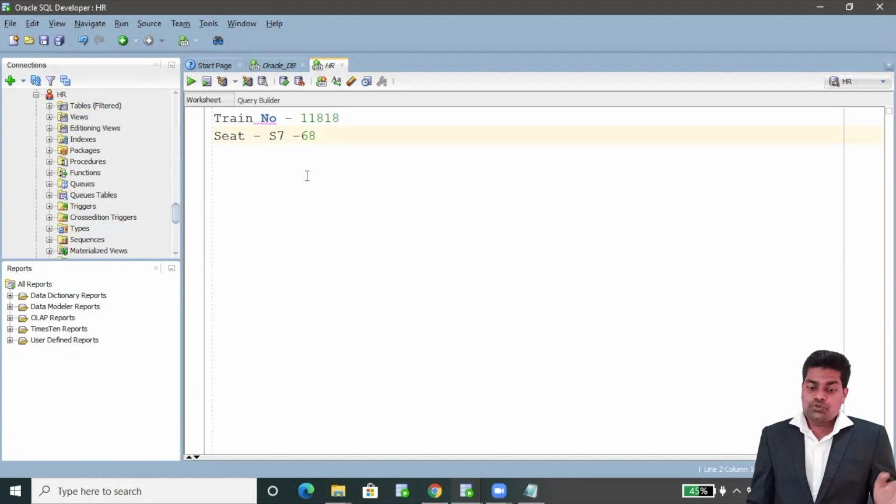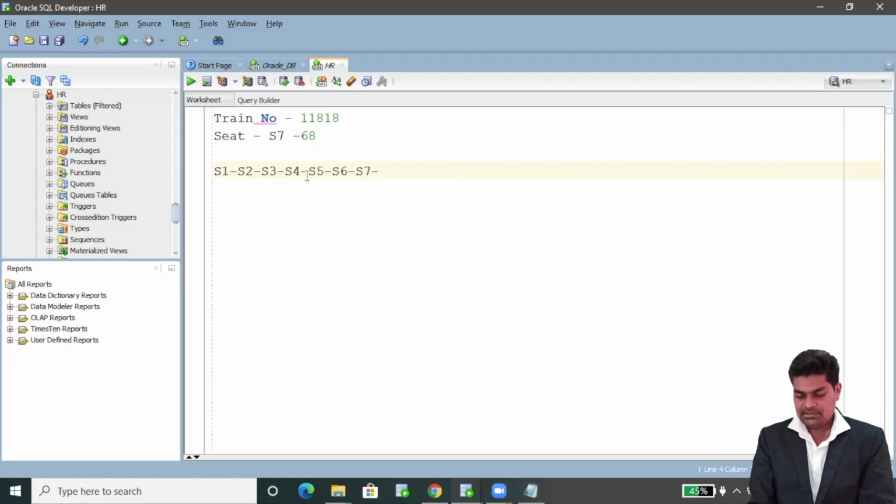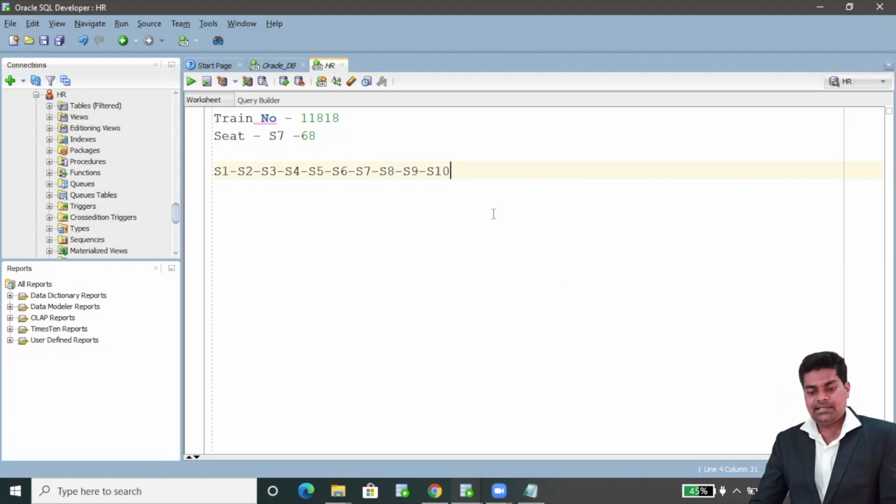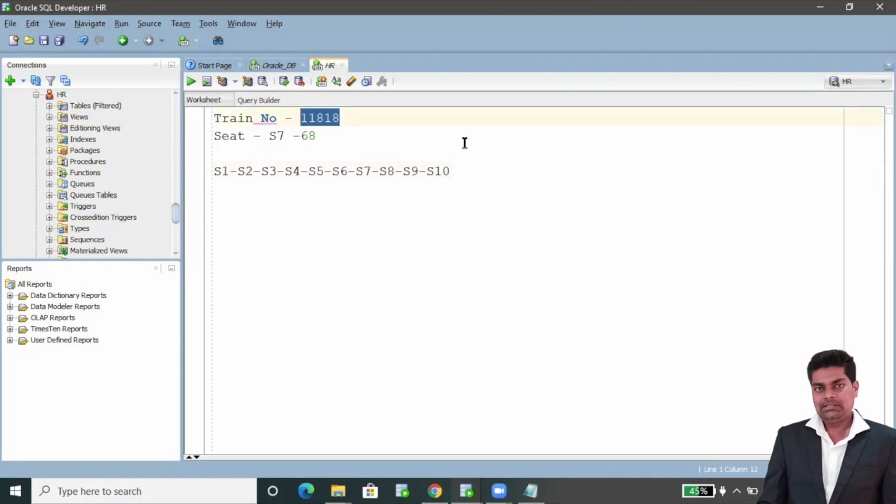Here we have coaches S1, S2, S3, S4, S5, S6, S7, S8, S9, S10. So my seat is S7 and 68, and the train number is 11818.